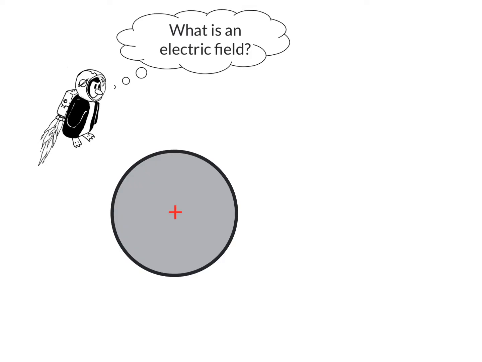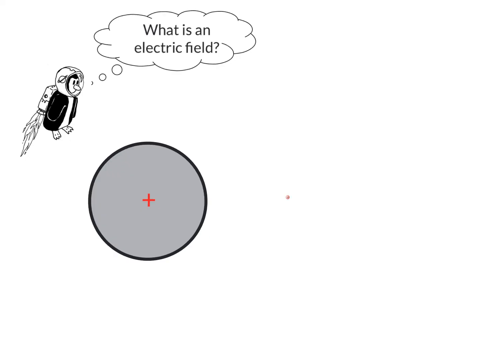Previously, we talked about the electric force. This meant that when there were more than one force, we could see how they interacted. If they were like charges, they were repulsed from each other, because the force pushed them apart. This means that the force only exists when there's more than one charge. And since it's a 1 over r squared law, if the charges are far apart, it's essentially like there's no